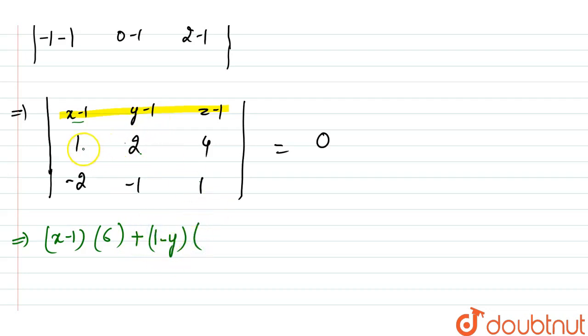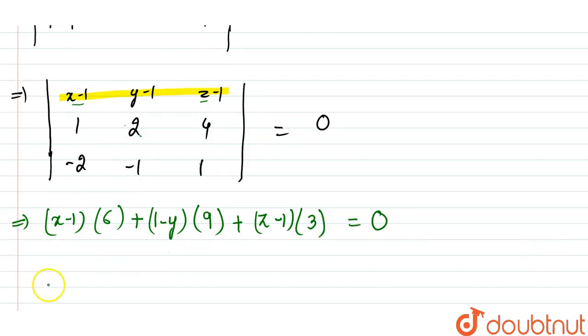In the multiplication it is 1 minus 4 times minus 2, that is plus 8, so 1 plus 8 is 9. And plus (z minus 1), this is minus 1 minus minus 4, so that will give minus 1 plus 4, that is plus 3